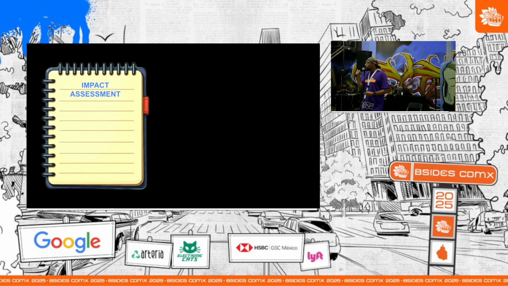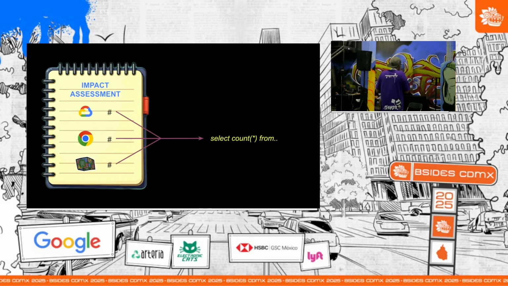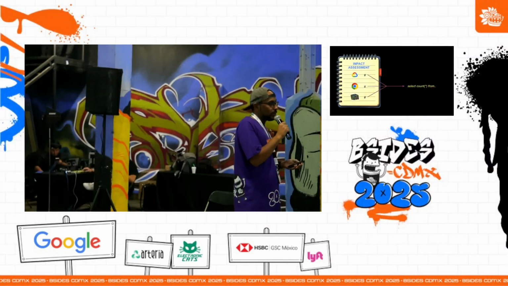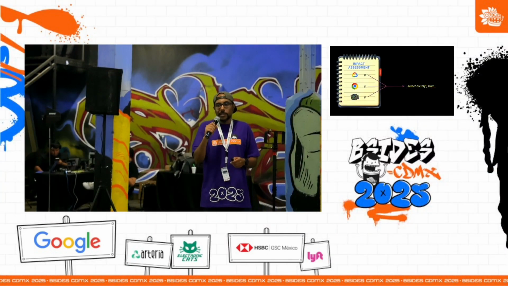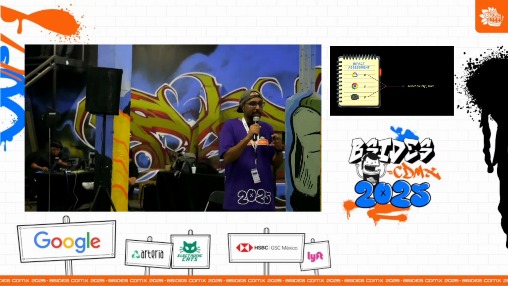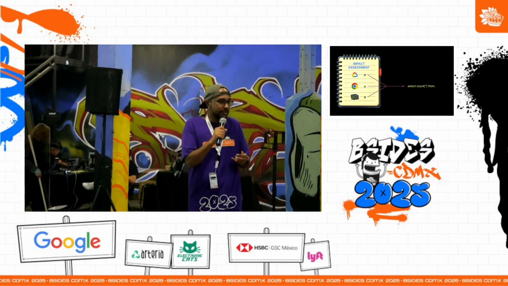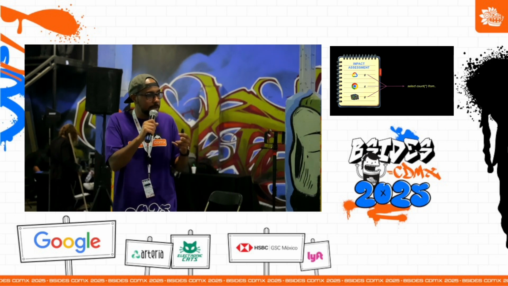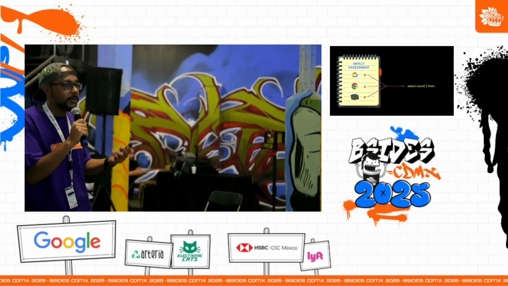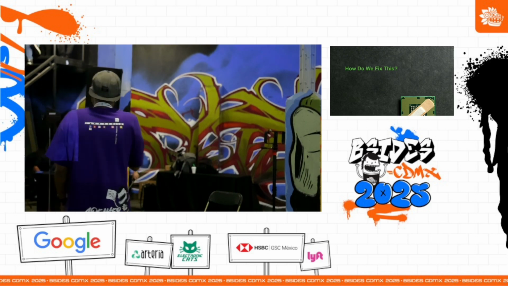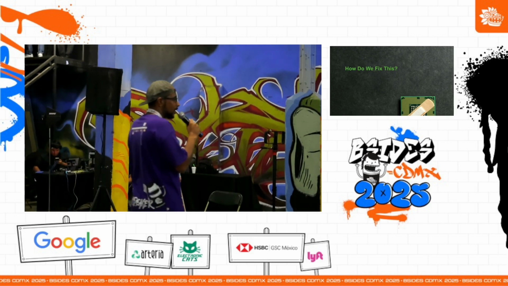Now that we know the products that are affected at Google, the next step is: how many servers do we have? How many clients do we have? We know the product, but how many machines, how many devices? This is what we do at Google. We have systems where we could run direct SQL-like statements, and then figure out quickly how many machines we have that are affected by this. For example, find me all the machines in Google Cloud that are running Intel CPUs of this particular CPU family, and I'll get the response right away. So we got these numbers and we put them in the impact assessment document.